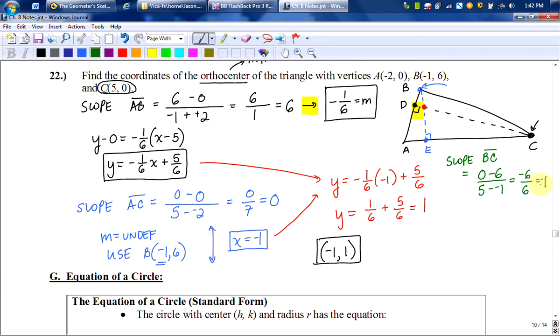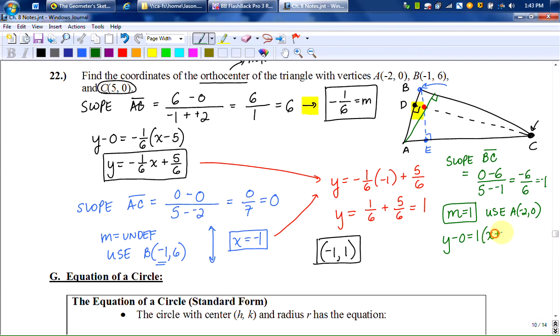This isn't required unless it specifically says that you have to do this for all three lines. So that means that the slope that I'm actually going to use is 1. So I'm finding this altitude to just check my work. I'm going to use the only point that I have that this altitude goes through, which is A, at -2, 0. I'm going to write the equation of this line, which is y minus y1 equals m times